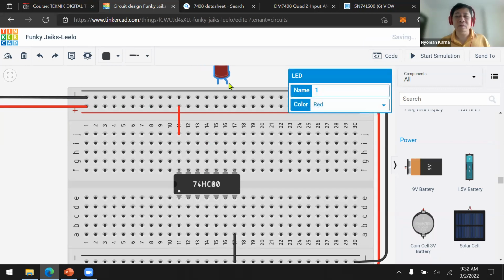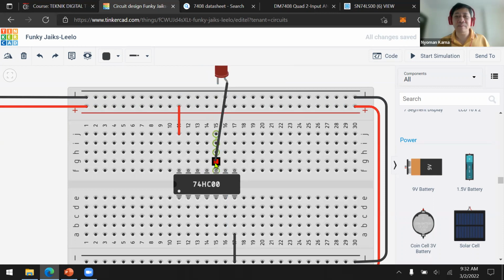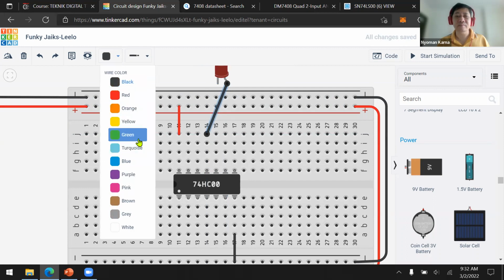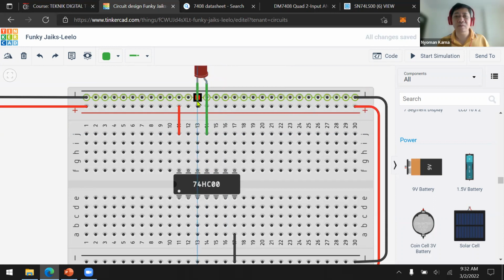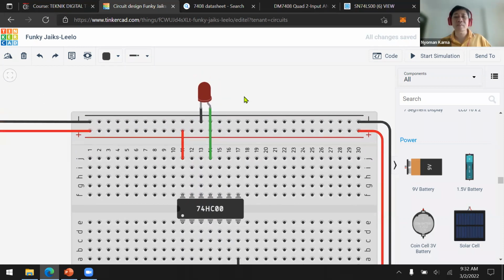We're going to use the output to turn on the LED lamp, and then put the cathode to here.